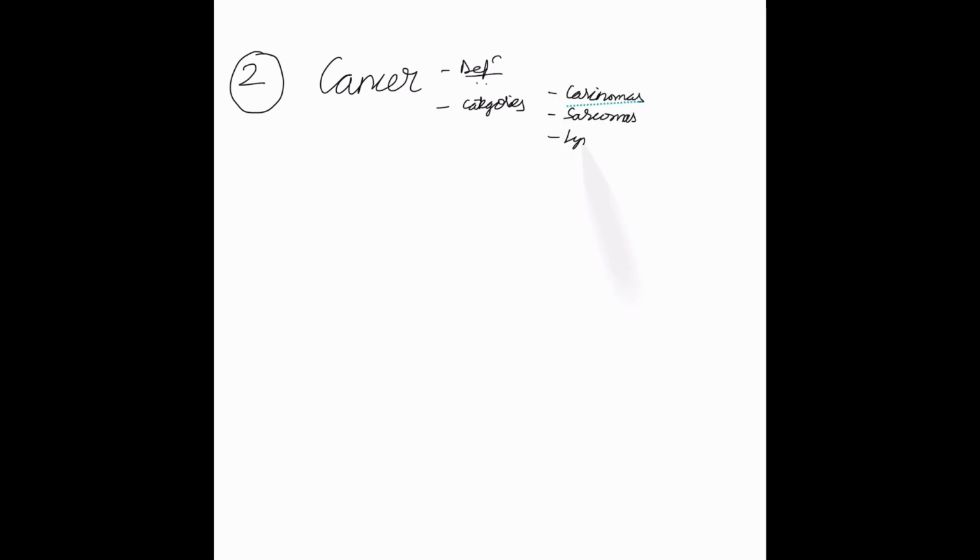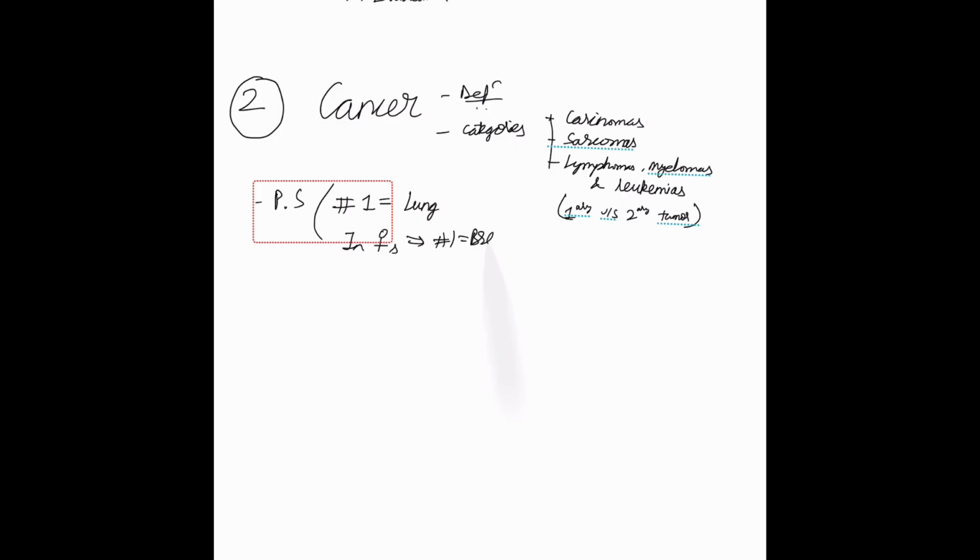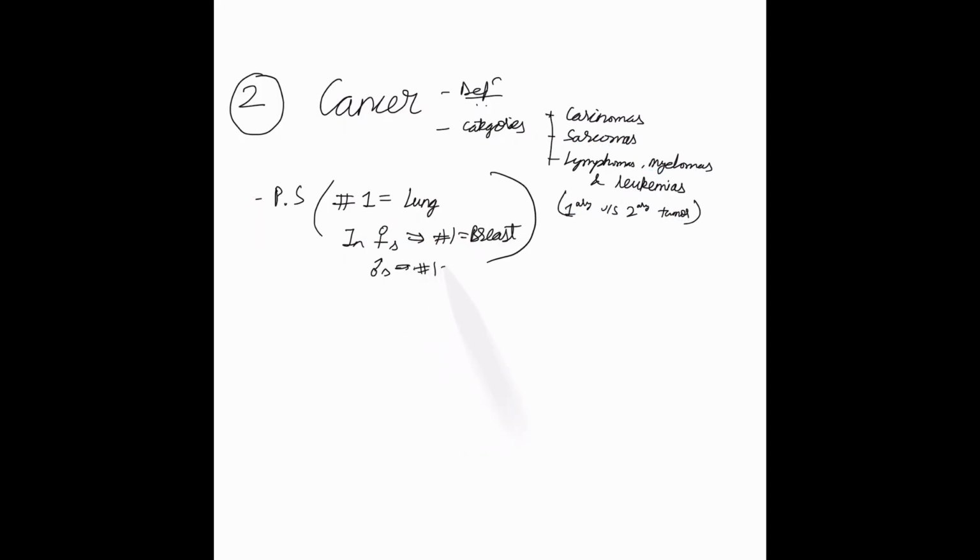Moving on to our next non-communicable disease, that's cancer. We first see the definition of cancer, and then we categorize it into carcinomas, sarcomas, lymphomas, myelomas, and leukemias. We also, of course, mention primary versus secondary metastasis. And then in the problem statement, the key points to be noted are